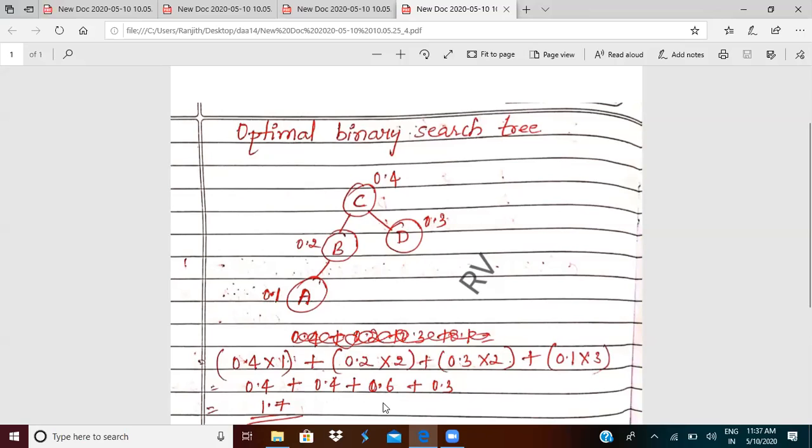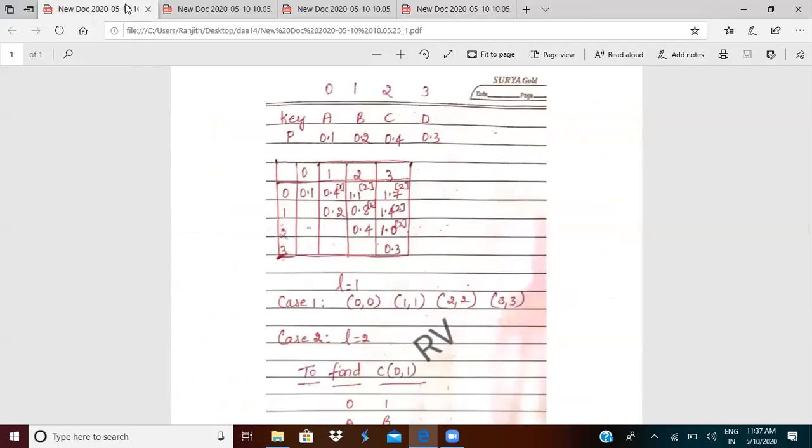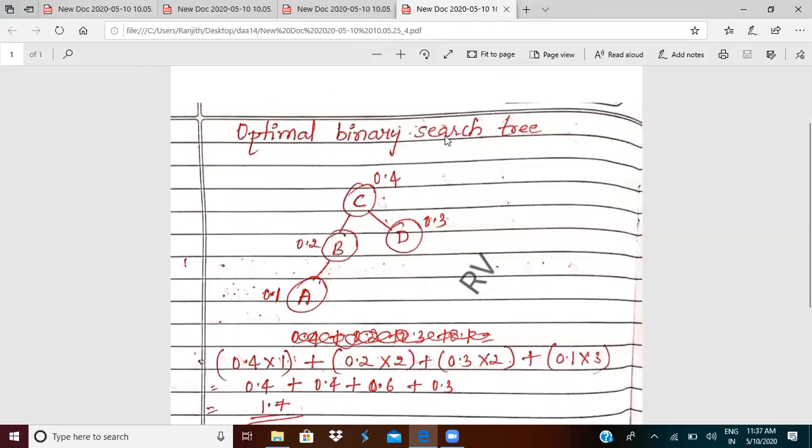Ultimately, I get the value 1.7. The value I got in the table is 1.7, and the value I get after drawing the optimal binary search tree and computing the optimal value is the same. Hence, this problem is correct. This is how you verify the problem.